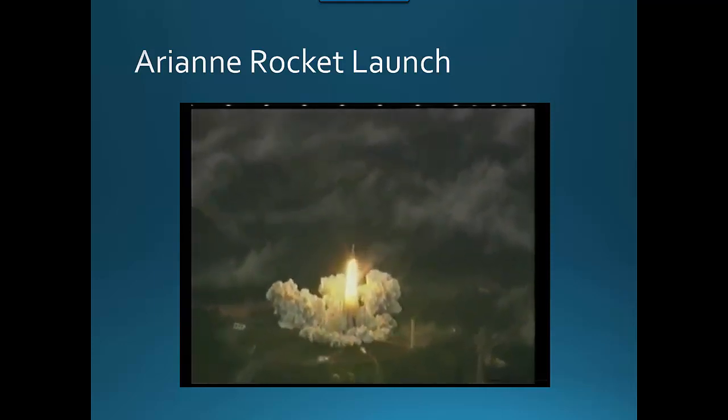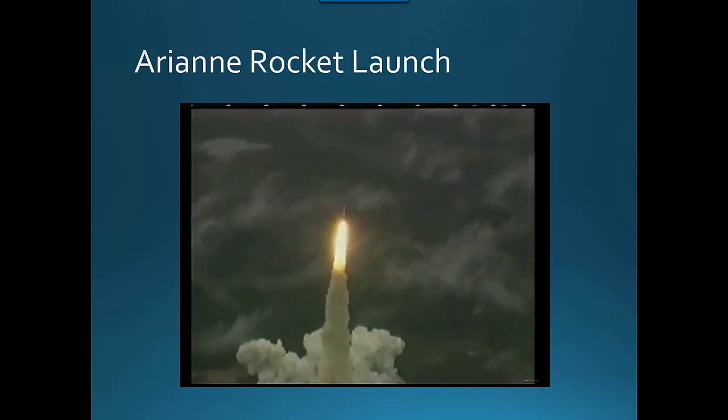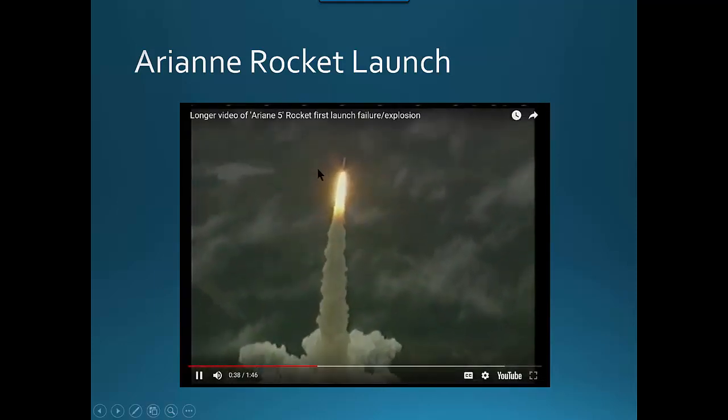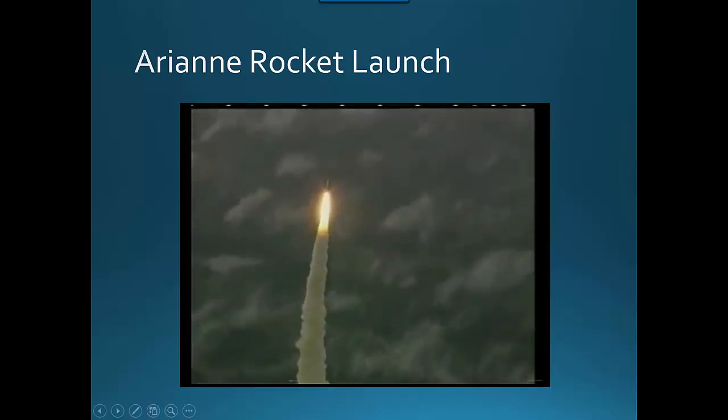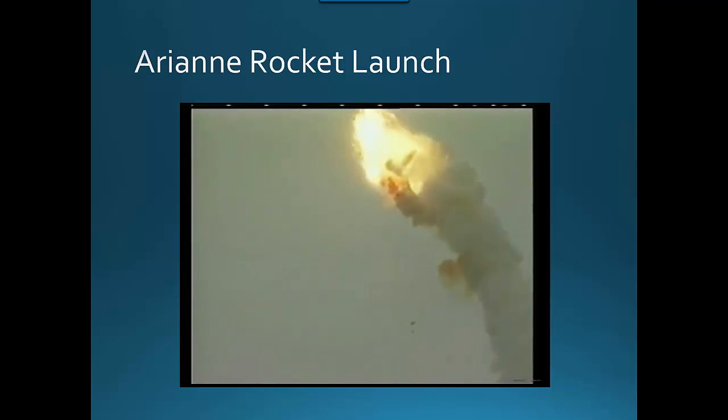So at this point, everything's going normally. The rocket's lifting off, and you can see that it's starting to pitch over, and there's a horizontal velocity component. When that got to a certain point, that's where the software suddenly thought it was going in the wrong direction. And watch what happens to the rocket, the way it moves. See that suddenly pitch over? That's where